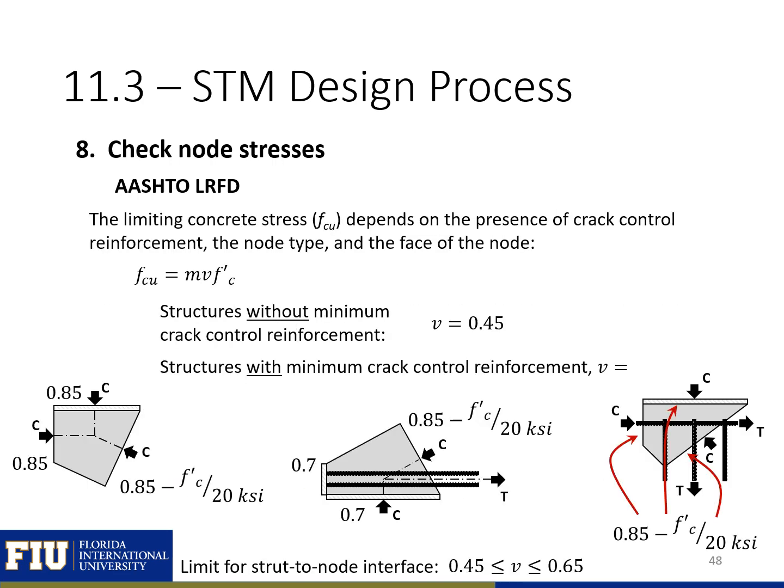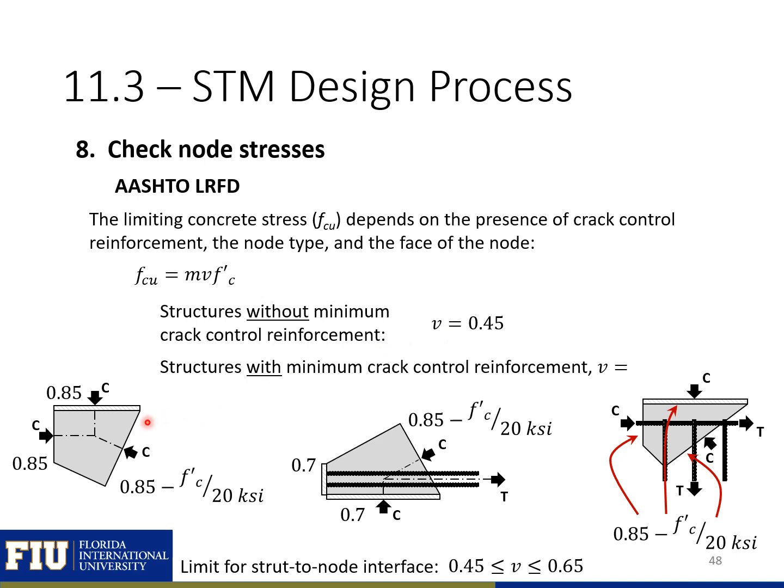The limiting concrete stress, or f_cu, depends on the presence of crack control reinforcement, the node type, and the face of the node. So our f_cu equals m, which is a factor that takes into account potential confinement effects, times nu, which is dependent on whether we have crack control reinforcement and the type of node and the face, times our f'c. So for structures without minimum crack control reinforcement, our nu is equal to 0.45. If we have minimum crack control reinforcement,